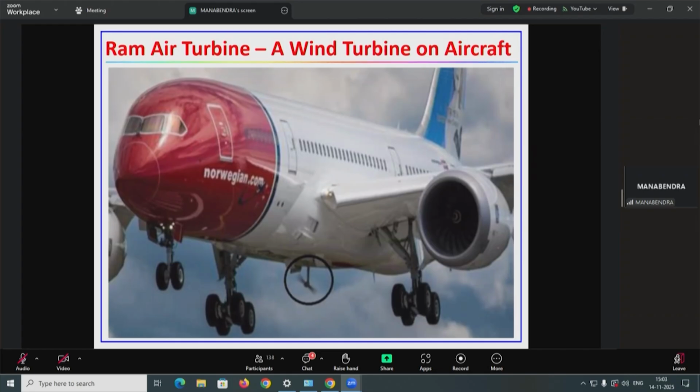And in this case, around 300 plus people were on board. But fortunately, because of the ram air turbine, the pilots could safely glide the aircraft and land it. And another example of ram air turbine saving the lives of the people is what is famously known as Miracle on the Hudson River. I think that there was a movie called Sully, which was based on this particular incident,